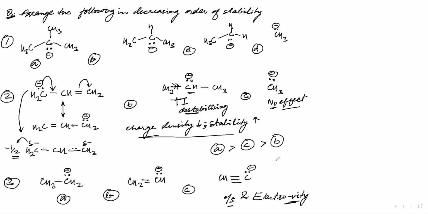C is most stable, then B, then A. Okay, fine. That means I guess you remembered it right. This is sp3, this is sp2, and this is sp. That means sp has the most electronegative character, so it will be pulling electrons. This will be pulling electrons, but in a much lesser manner. And this is giving, this is plus I effect, and here it is minus I. Here also minus I, but there is more minus I here because of the sp hybridization. You applied this logic, correct?